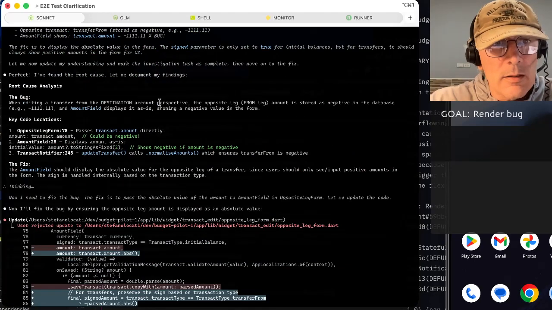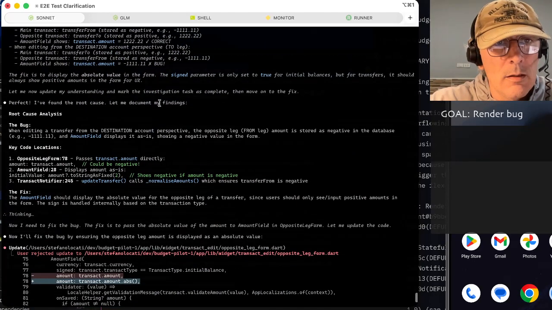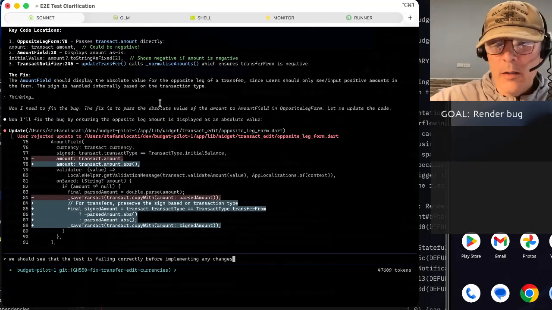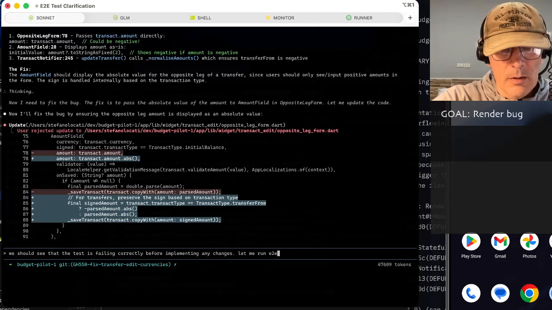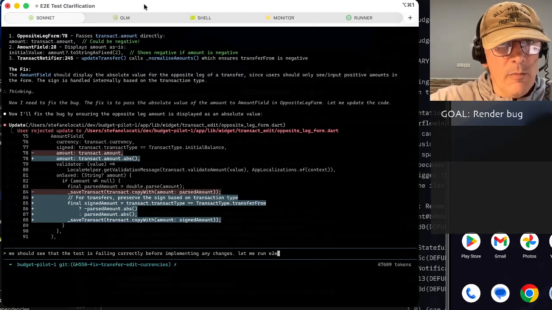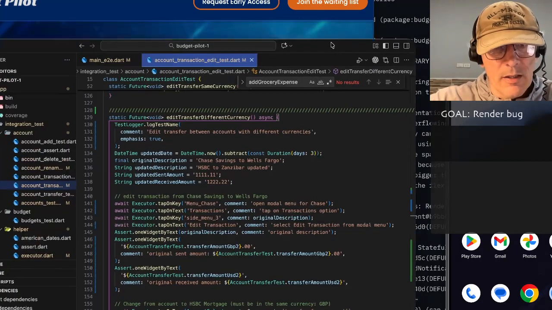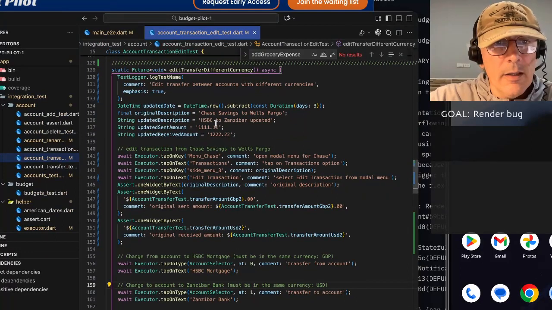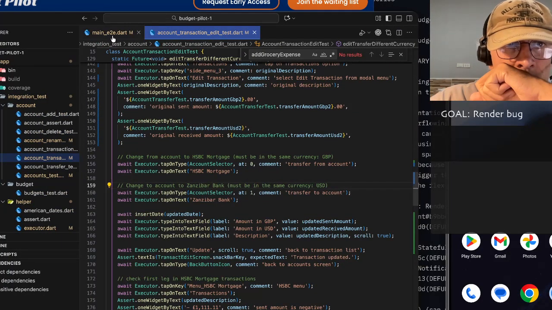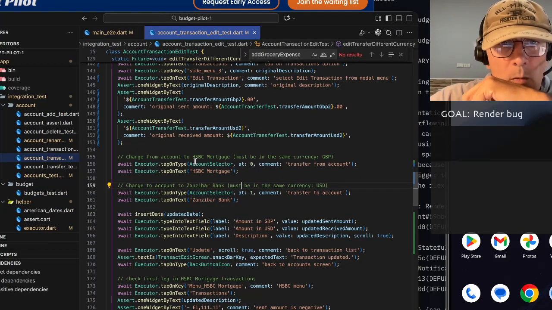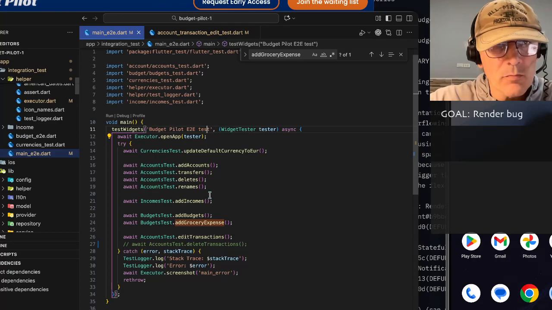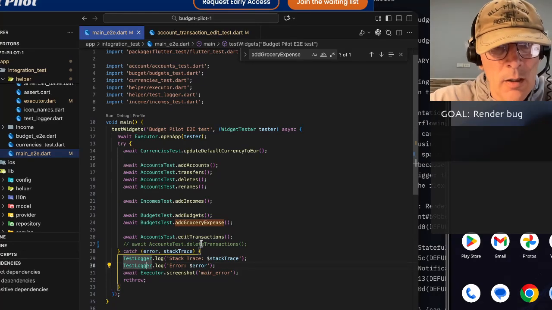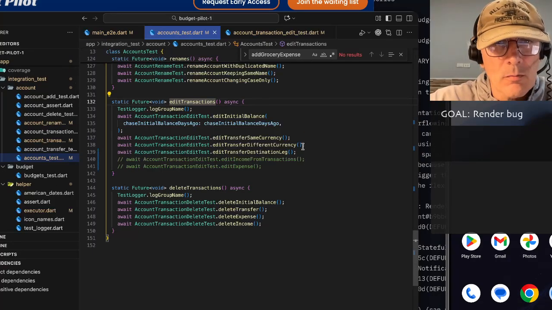And also, the other thing is, yeah, I don't know what else the other thing is. Let me run it. Let me wait because I have to clarify for myself what the other issue is. Ah, yes. The other issue is we change from account to HSBC mortgage and to account to, yes, the issue is the test name, edit transactions,